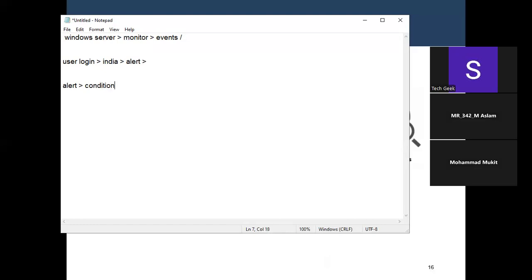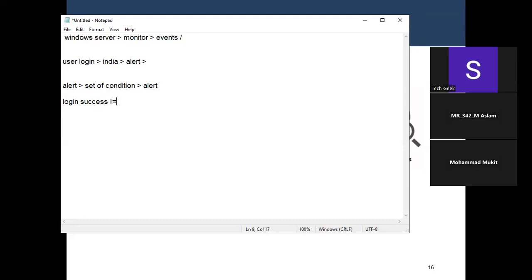So there is a set of conditions that need to be defined in the SIEM tool in order to get these alerts. This process we call correlation. Now we say that if login success happens, so somebody has done a successful login,